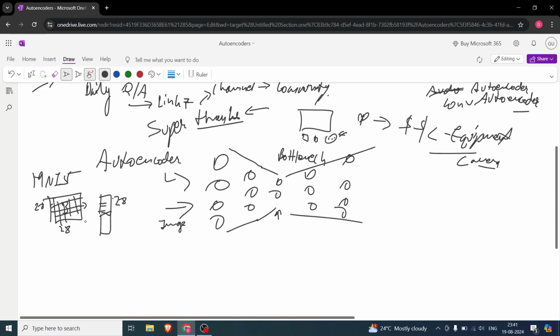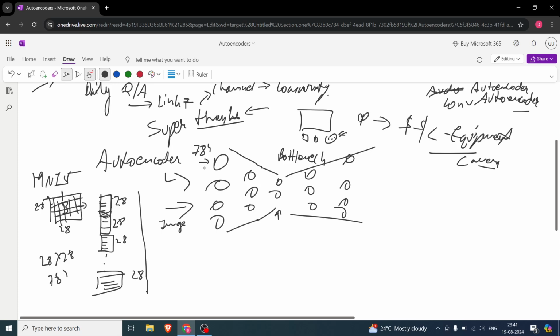I'll flatten the entire image, taking all the columns and putting them in one row. Each column is 28, and there are 28 columns, so 28 into 28, which is 784. I said 760 or 764 earlier, just check it.